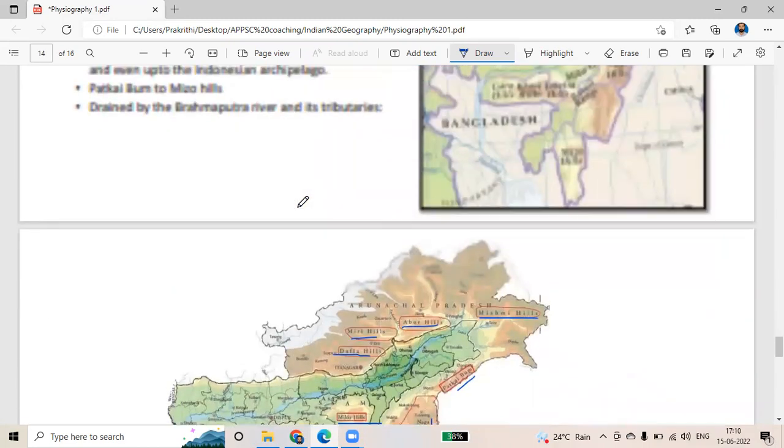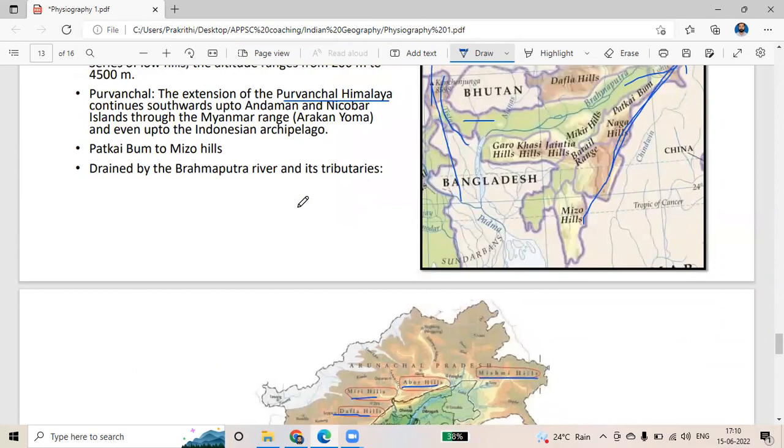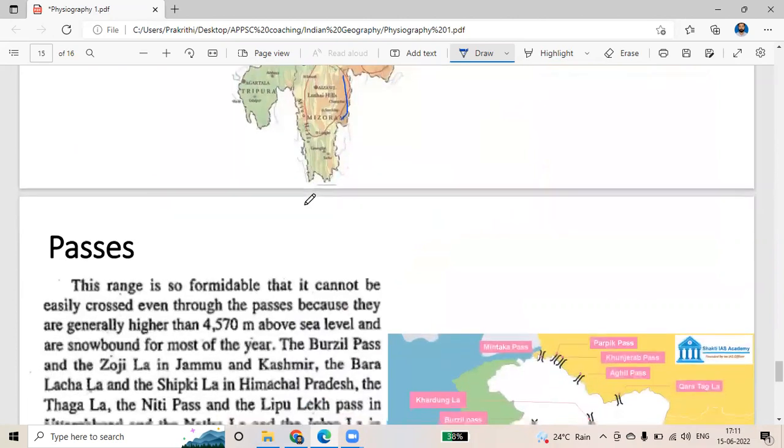तो ये हो गया हमारा मेजर हिमालयन टाइप्स, सॉरी, मेजर हिमालयस। वन इज ग्रेटर हिमालय, देन लेसर हिमालयस और हिमाचल, ग्रेटर हिमालय और हिमाद्री, then the Shivalik or the outer Himalaya, then the Trans Himalaya, and again this Himalaya is divided into different portions, and the major one is the Eastern Himalaya region। तो हिमालय का डिवीजन हो गया। इसके बाद we have number of passes।